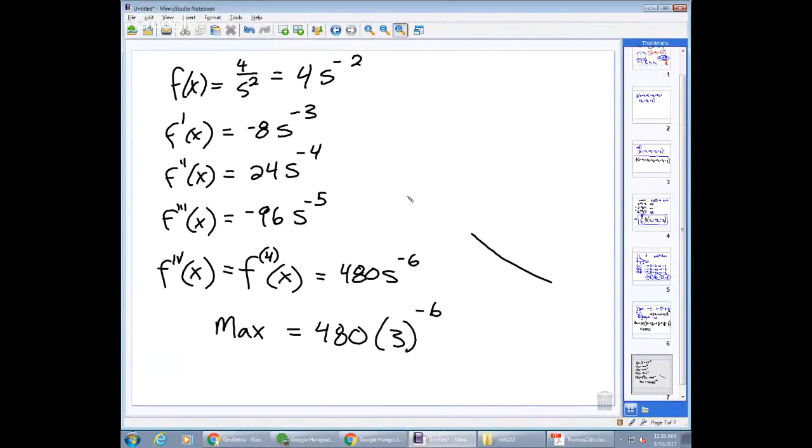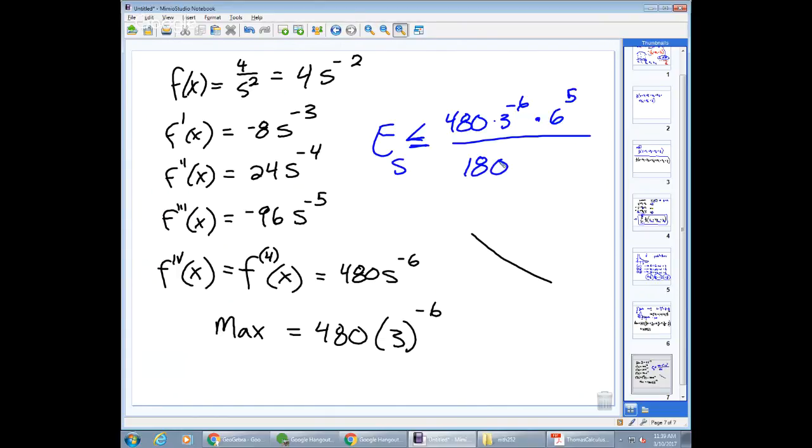And so as far as my error goes for Simpson's rule, it's going to be less than or equal to 480 times 3 to the negative 6 times the width of the interval to the 5th power. So my interval was what, 6 wide from 9 to 3. So times 6 to the 5th power over 180